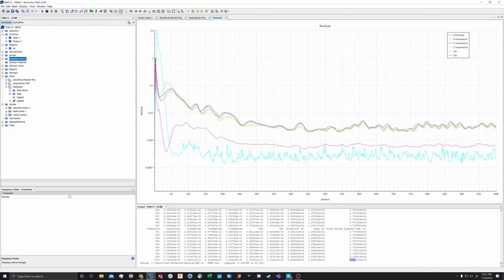If you actually look down here, you can see it in the monitor readout. We're at 2.6 times 10 to the negative 4. So this could probably be better converged, more accurate. We could